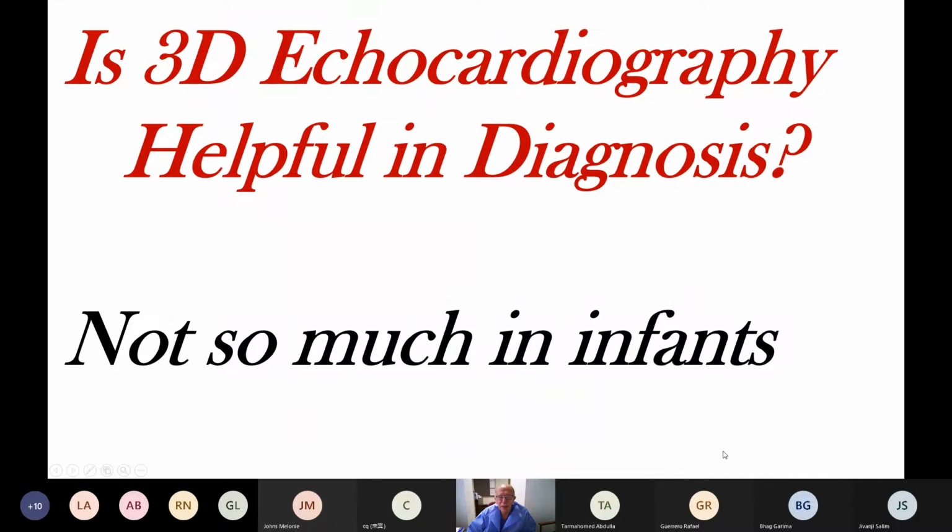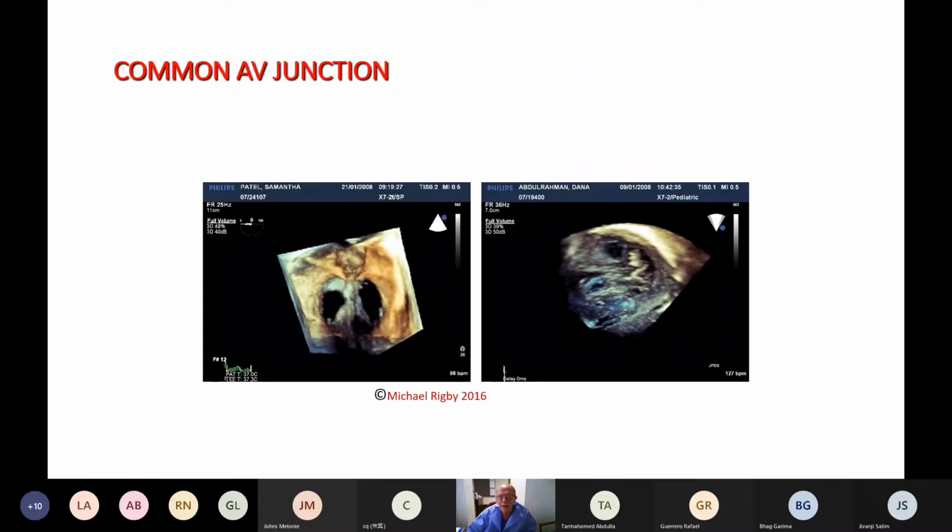Is 3D echo helpful in diagnosis? Well, not much in infants, because the 3D probes, of course, are for use in older children and adults, whereas the diagnosis of AV septal defect is usually made either in fetal life or in infancy, when 3D echo is less useful. Here's a couple of pictures, actually, that are not playing because the codec's out of date, but